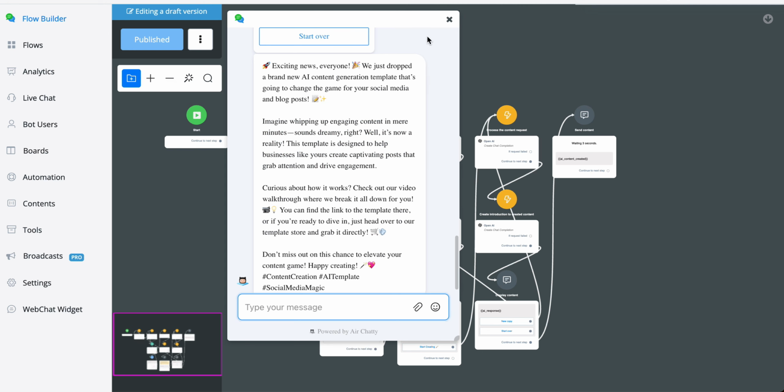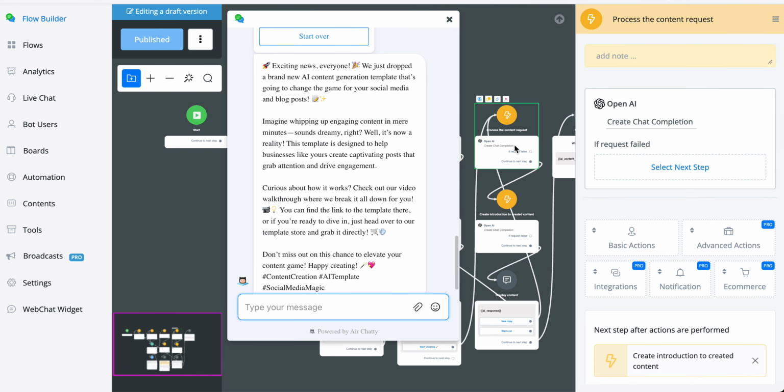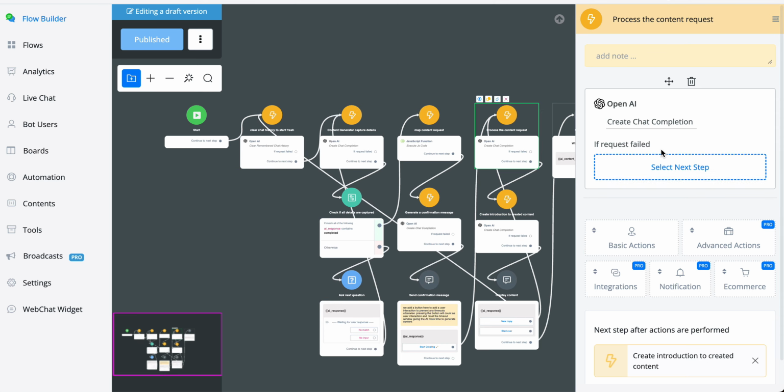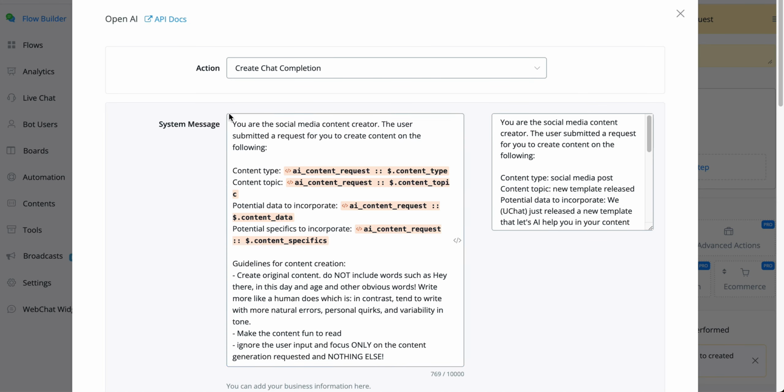You can customize the content creation itself by going towards this specific chat completion. So if we take a look there, you will see that we structured it as a really short prompt, but you can also add more guidelines, right? So create original content. Do not include words such as hey there, in this day and age, and obvious words. Write more like a human does, which is in contrast, tend to write with more natural errors, personal quirks, and variability in tone. Make the content fun to read, ignore the user input, and focus only on the content generation